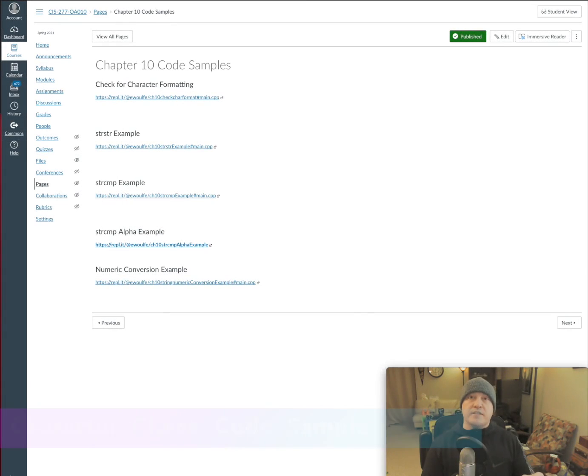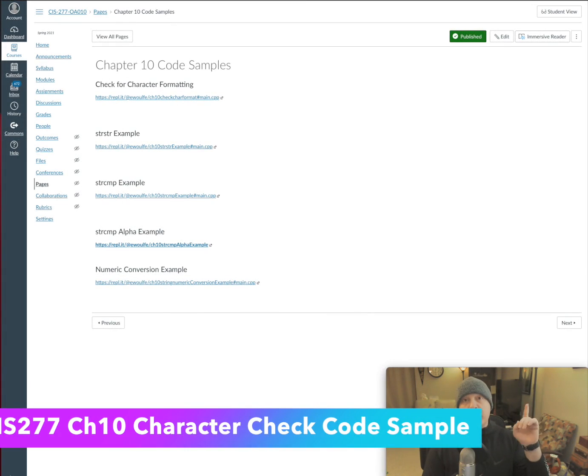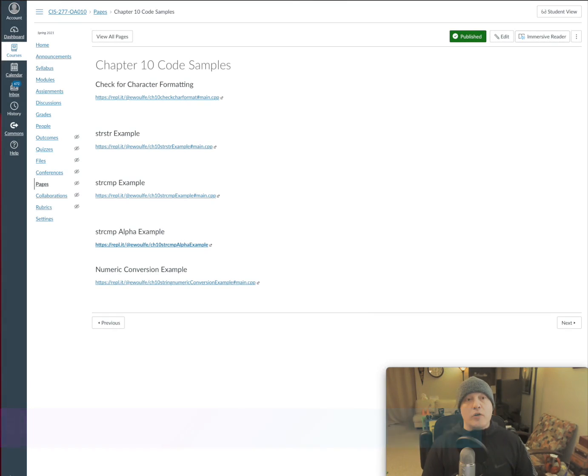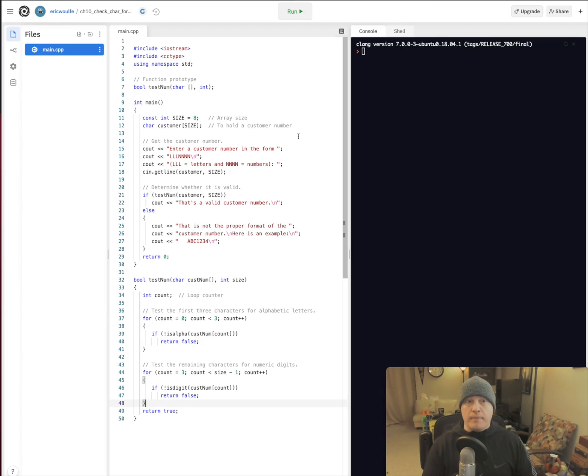So the first of the examples we have here is checking for character formatting. So we'll just go ahead and click through. Hopefully I've already forked this and we can just run the program today. You'll notice we do have an include here for cctype. These are the libraries. This is the header we need to bring in so that we can deal with character type